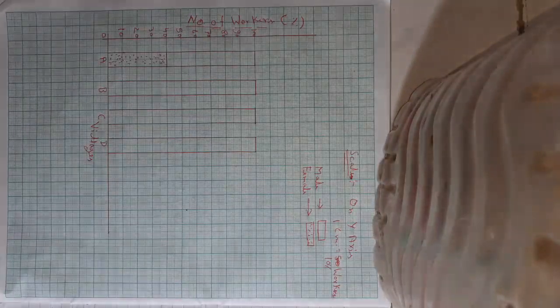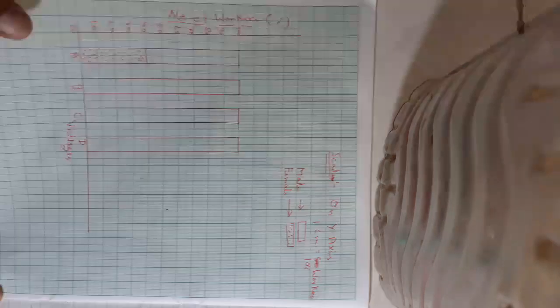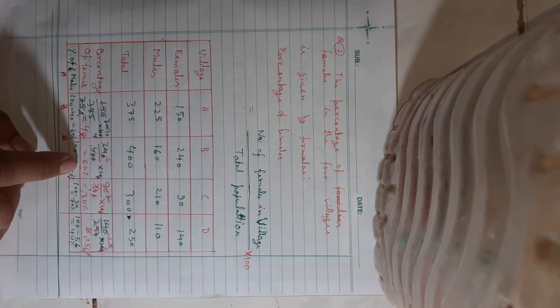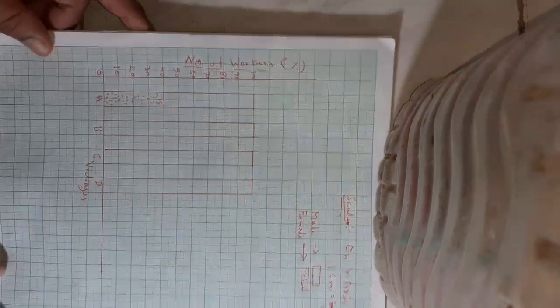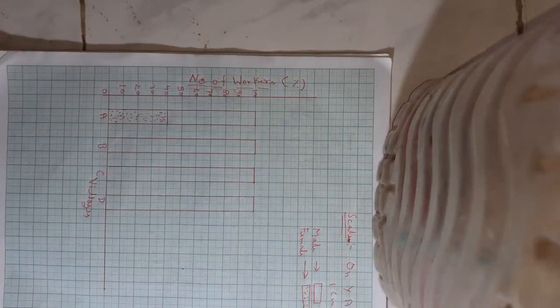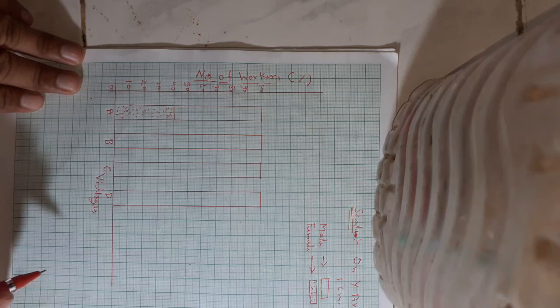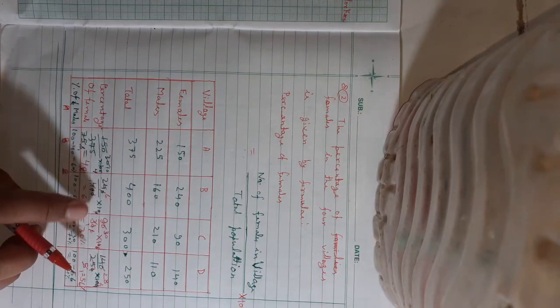And now I am talking for the males. Okay, for the B village. Okay, for the B village what is there? Okay, for the B village percentage graph, percentage of the female is what? 60%. Clear? Okay, and percentage of male is what? 40%. So percentage of female you draw. Percentage of female is what? 60%. Clear? For the B village.